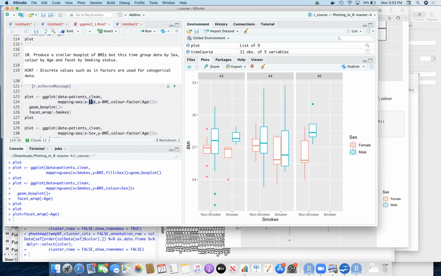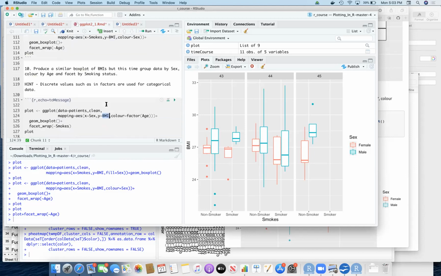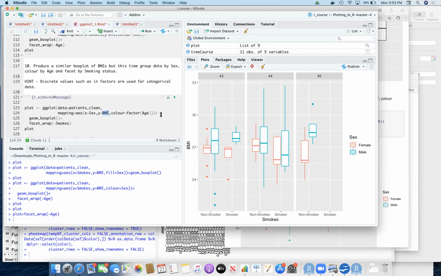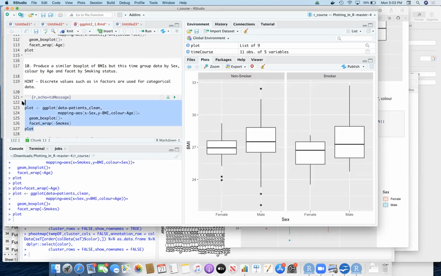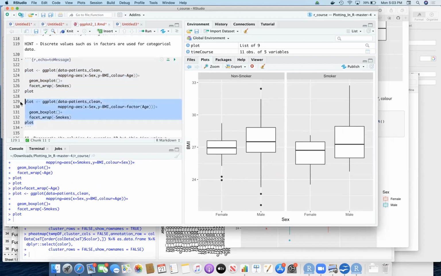We're going to map X to be the sex now. Before it was whether you smoke. Y will still be BMI. But now we're going to color the edges by the age. If I get rid of that, what happens? Okay. If we do it like this, though,